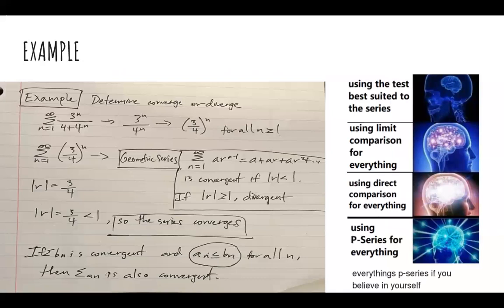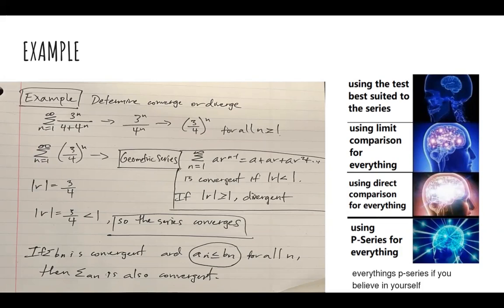So let's do an example here. Determine whether this series converges or diverges. We have the sum from n equals 1 to infinity of 3 to the power of n over 4 plus 4 to the power of n. Since 4 is just a constant, we can turn that into 3 to the power of n over 4 to the power of n, which is just 3 over 4 to the power of n, for all n values greater or equal to 1. So with this setup, we now take into consideration the geometric series, which is the sum